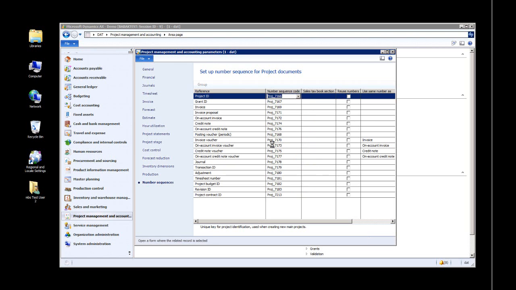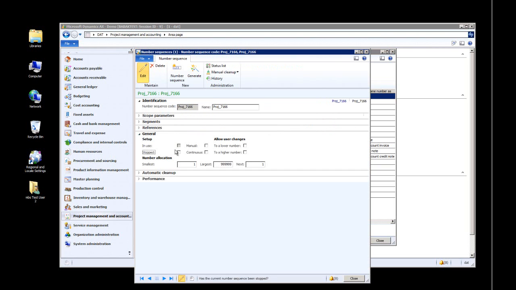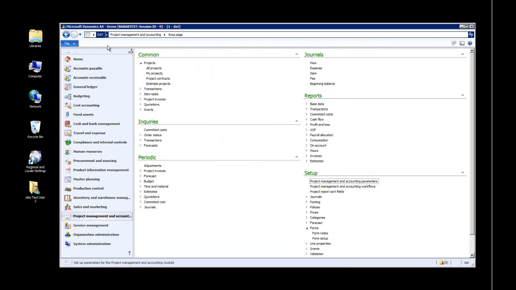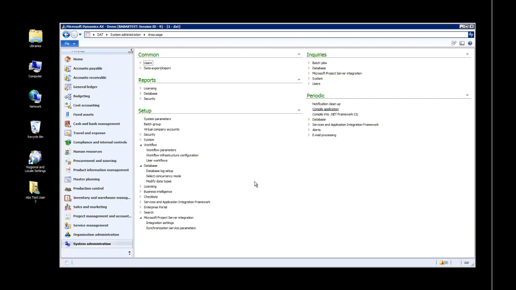If you select view details, under edit, you will see that we have selected that we want the information to be done on a manual basis. So I close that,